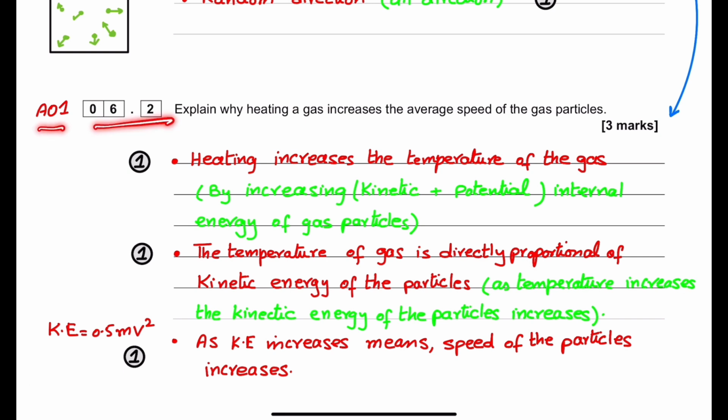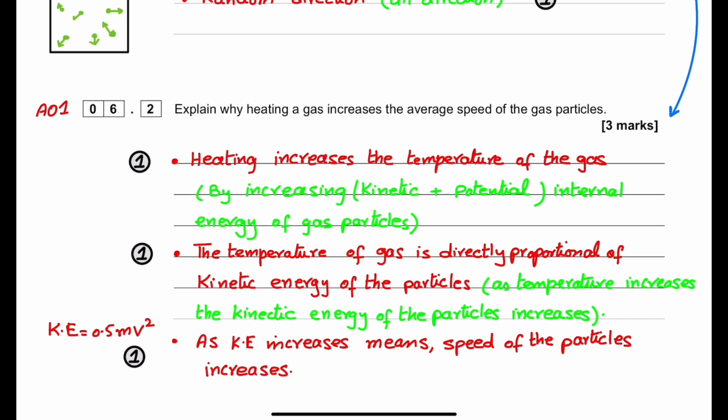6.2 is an AO1 question. Explain why heating a gas increases the average speed of gas particles. This question is related to the temperature of the gas and the kinetic energy of the particles. Heating increases the temperature of the gas. By increasing the kinetic energy and the potential energy, we want to say the internal energy of the gas particles